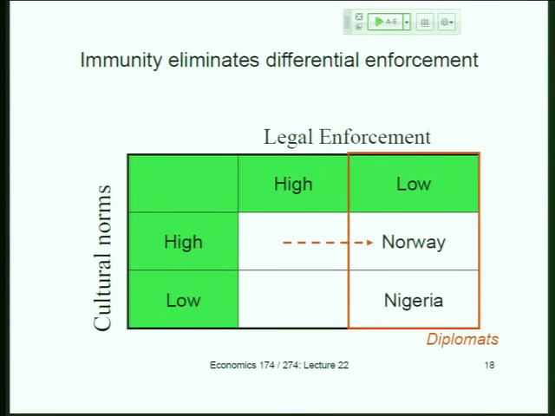People always ask, what about the US diplomats? The issue is since the UN is in the US, there's no diplomatic immunity for the US diplomats, so this basically doesn't hold for US diplomats. So we can't get the comparable data, but there is a sort of funny side case,